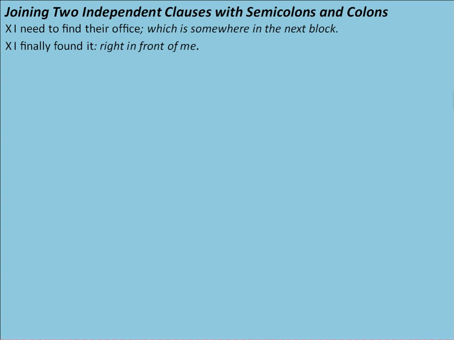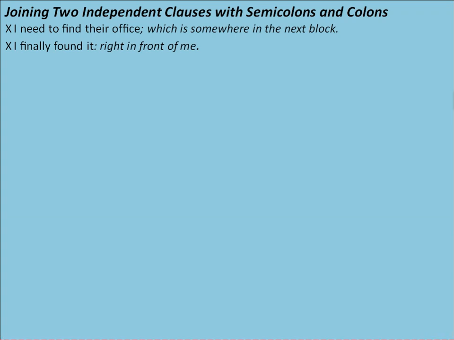Can you say "right in front of me", what is that? It is not even a sentence, and neither is "which is somewhere in the next block." So therefore the use of a semicolon and colon in these two cases is completely incorrect. Remember, when you are going to join two sentences, you don't want to use periods, you don't want to use coordinating conjunctions. How are you going to do that? You're going to use a semicolon or colon, and you need to remember that there should be a complete sense. The other sentence should be an independent sentence, right?